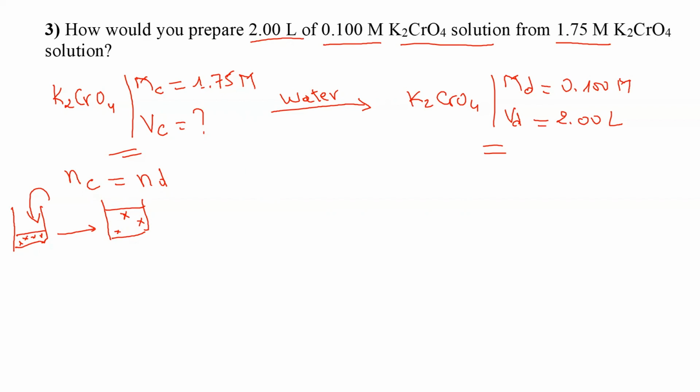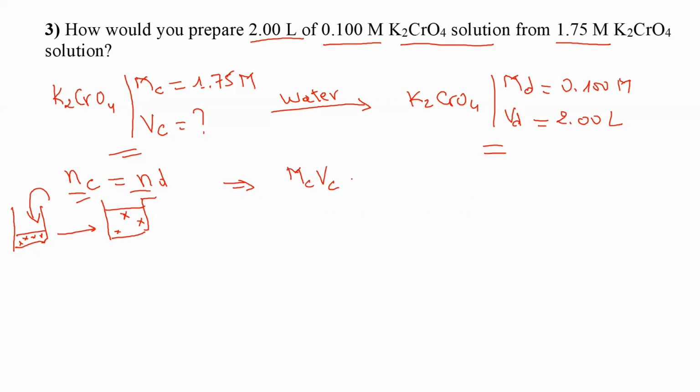Here is the concentrated 1.75 molar. You have more particles per unit volume, and here you have fewer particles per unit volume, 2 liters. So this is why this is conserved. So what is the number of moles in the concentrated solution? It is MC,